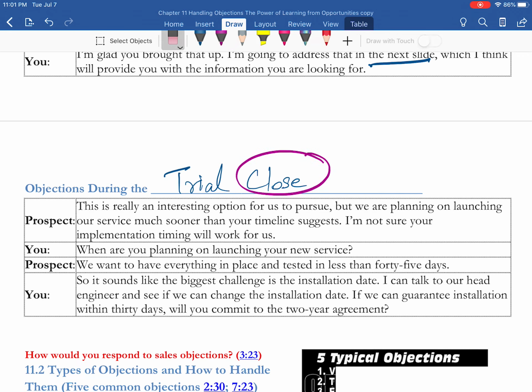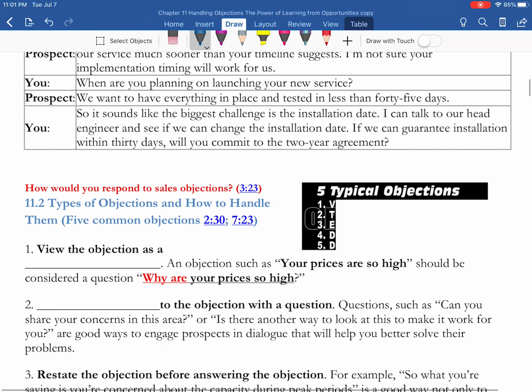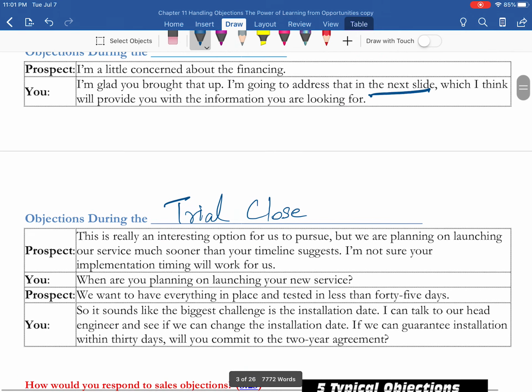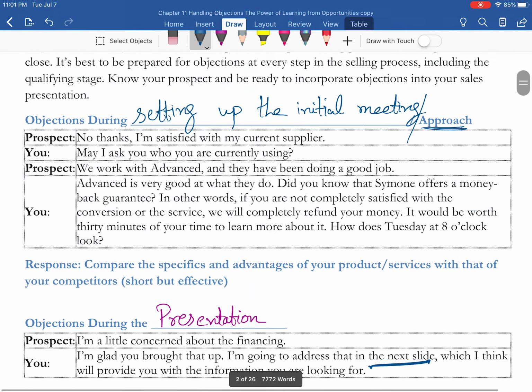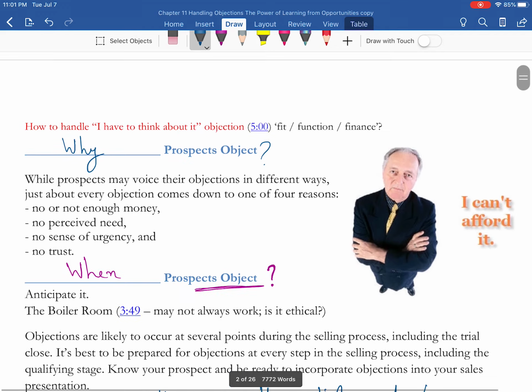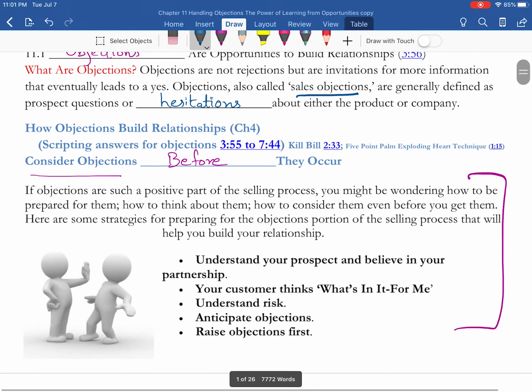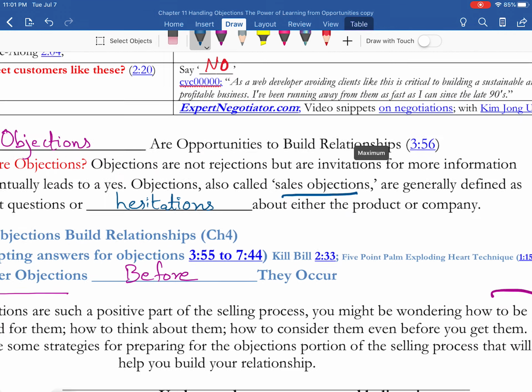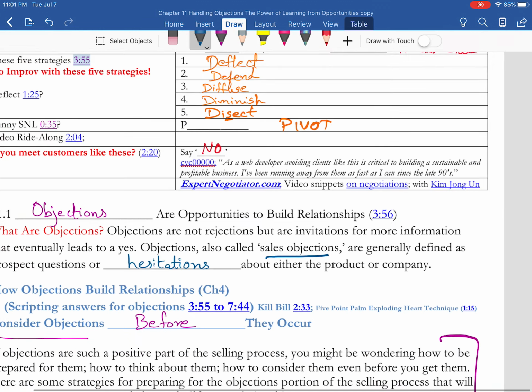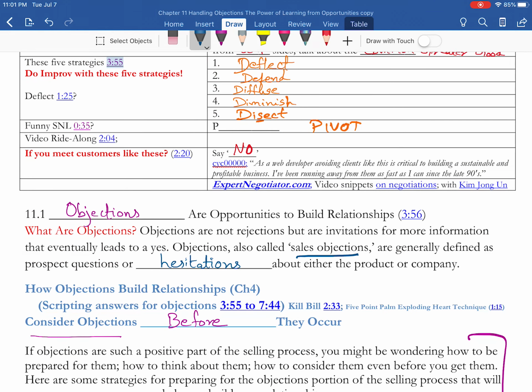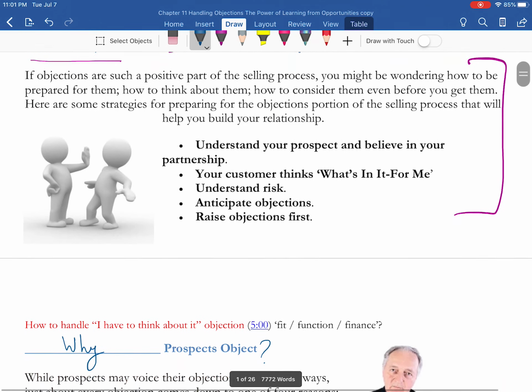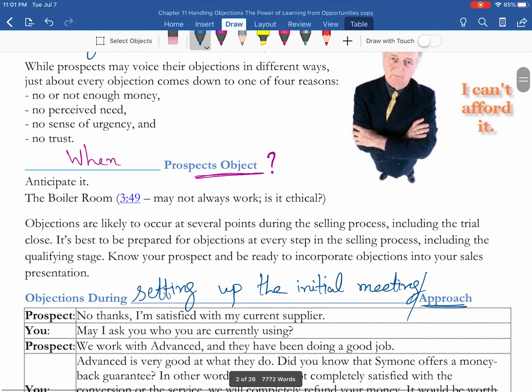Okay, these are the important things that I want you to think about, and you have to have your answers ready to go. Objections can come up at any time, and objections are not bad. They are actually an opportunity for you to cultivate relationships. It is all about building relationships. So in the next section, we will talk about the other ways you can address objections.